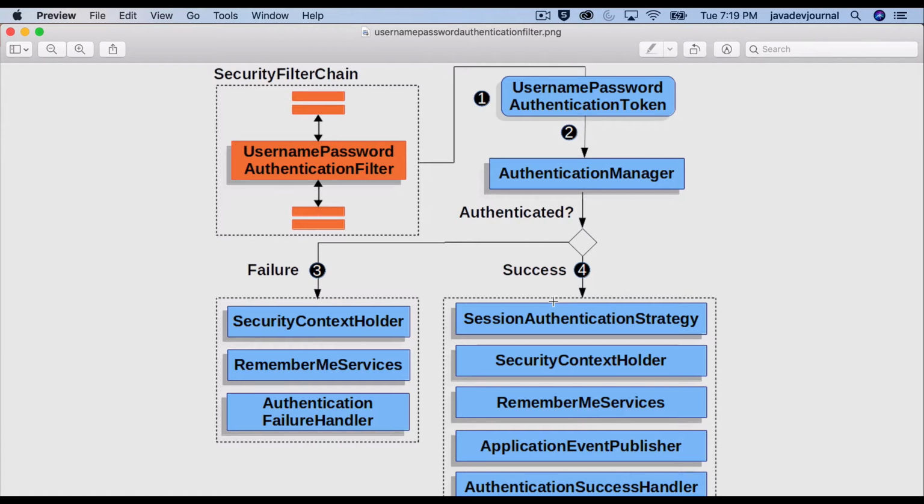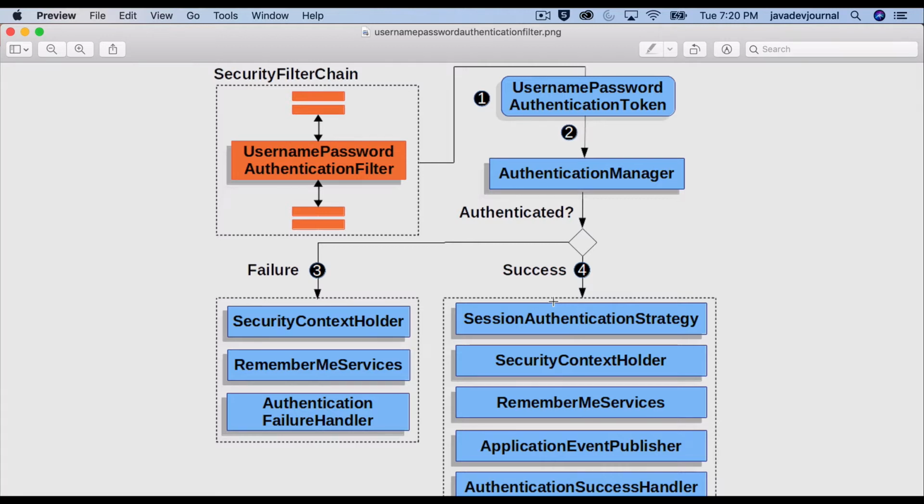If you remember, there is a delegating filter proxy, which is an entry point. It delegates to the filter proxy, and the filter proxy will have a set of filter chains. We will look into those later, but that's a slightly advanced topic. For now, remember that we have filters.